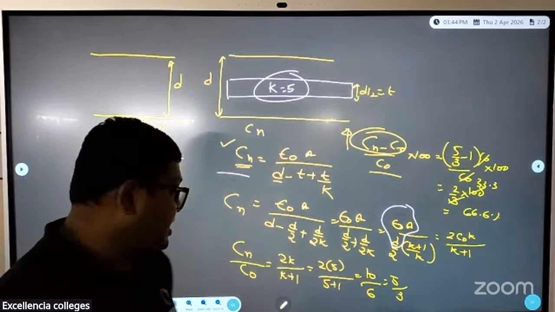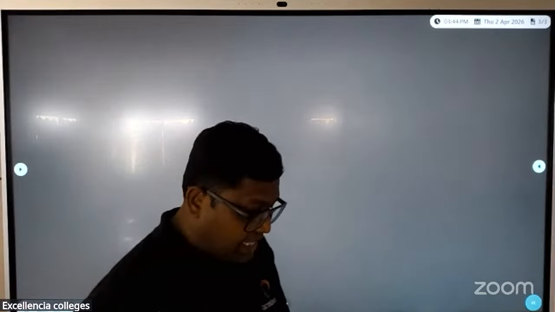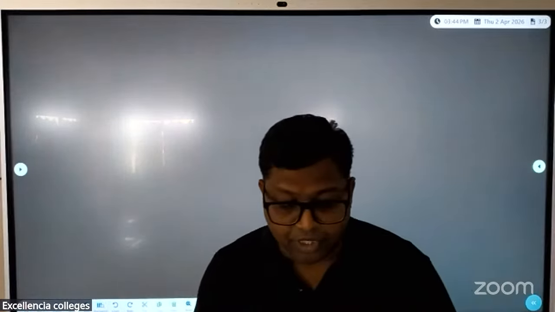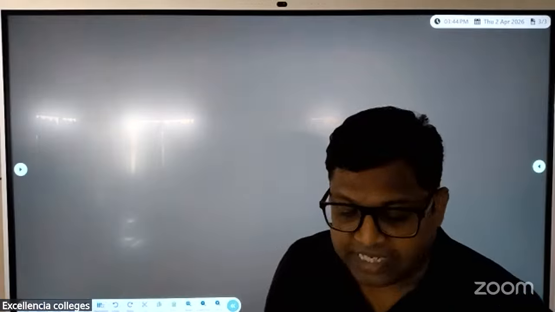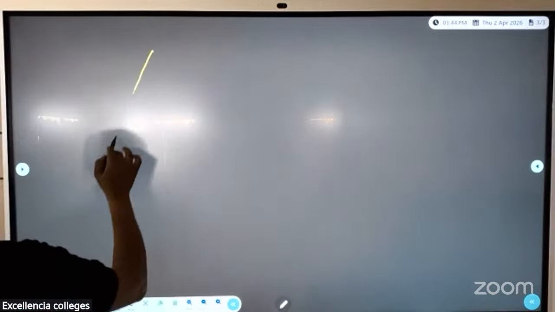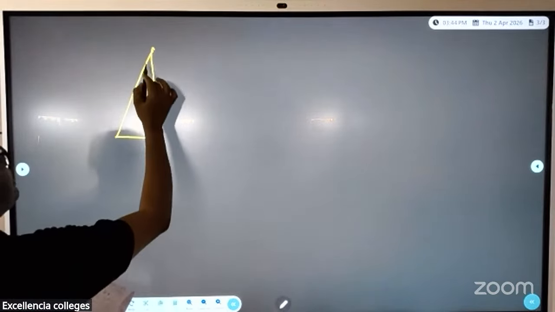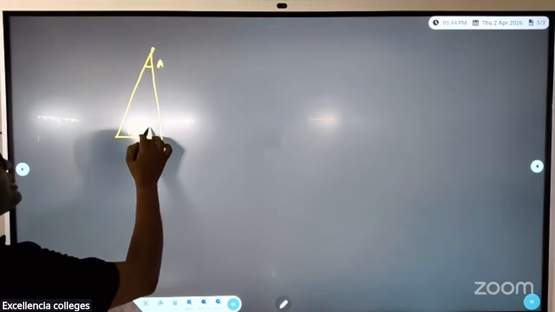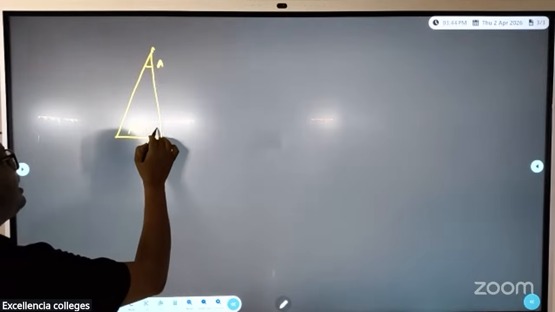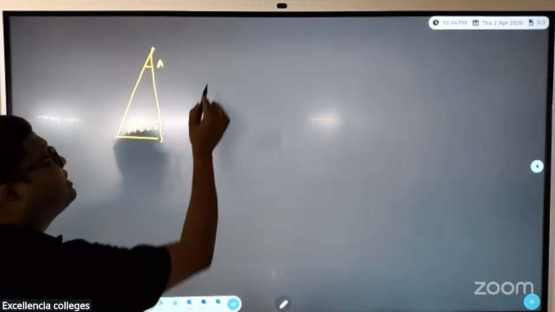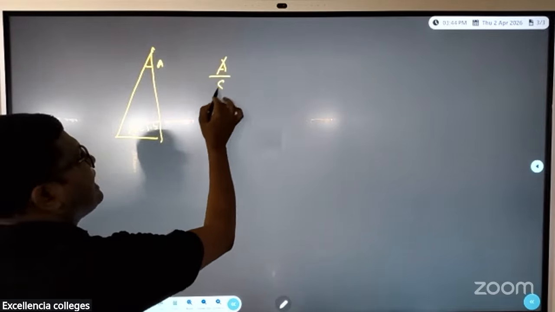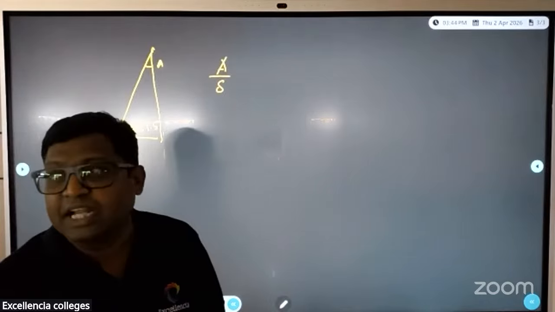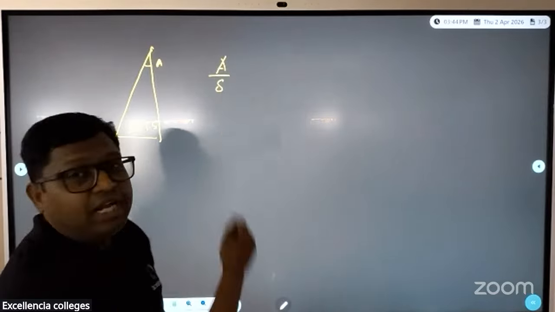Let's go for one more question, which came from the concept of prism from the geometrical optics. So the question is, there is a thin prism with the angle of the prism being A. The refractive index of the prism is 1.5. You are asked to calculate the ratio of the angle of the prism to the deviation that is generated. Angle of the prism to the deviation generated.